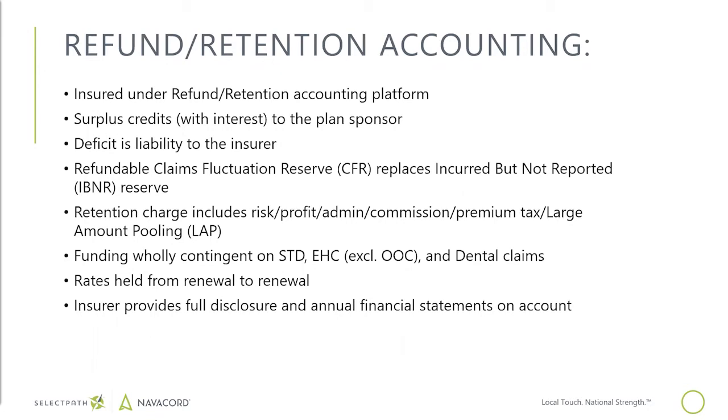Rather than having what are called incurred but not reported reserves, there's a claims fluctuation reserve. The retention charge does include the risk charge to the insurer, the profit, the admin, the commission, the premium tax, and also large amount pooling for any large claims that would be paid out on top of a predetermined threshold. So let's say you have a $50,000 claim and your threshold is 10,000, then your group would be exposed to the first 10,000 of the claim. The large amount pooling would absorb the remaining 40,000 of the $50,000 claim,